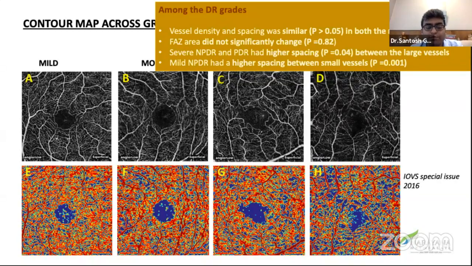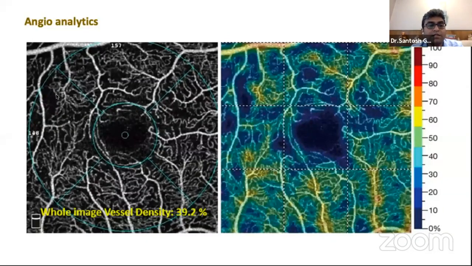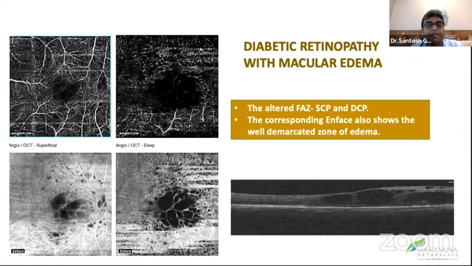And this is the inbuilt software in the machine we are using, the OptoView. This is how we see initially the dropout areas and the changes in the FAZ, and this is a color-coded map. The blue colors obviously mean less vascular supply, and the hotter areas represent more vascular supply. When we look at diabetic retinopathy with macular edema, and if these two scans are given for a readout, we obviously tend to mistake these changes in the deep capillary plexus for an enlarged FAZ, macular ischemia, or severe dropout of vascular areas.